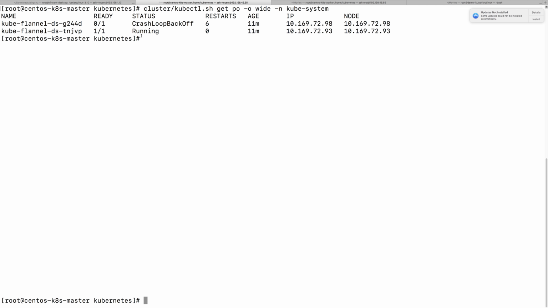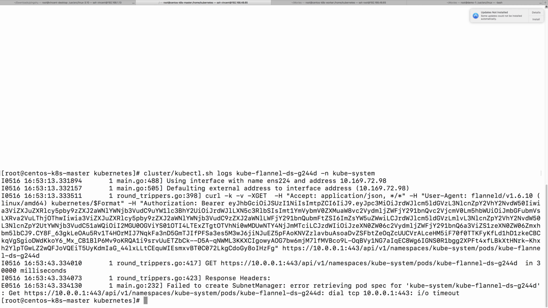Okay, let's go back to our original problem. When we deploy the kube daemon set on the worker load, the kube daemon set crashed, and we have this log. If we check the kube daemon set log, the pod log on the workload, we got